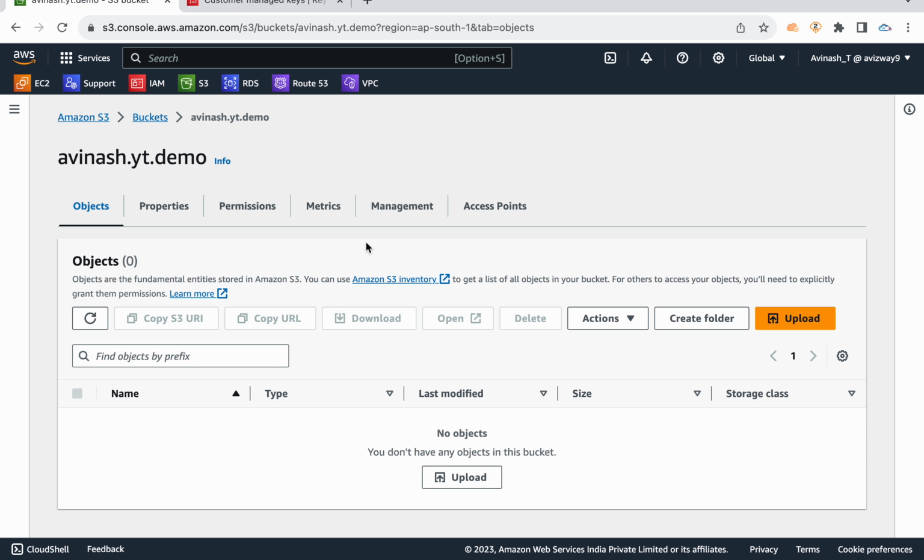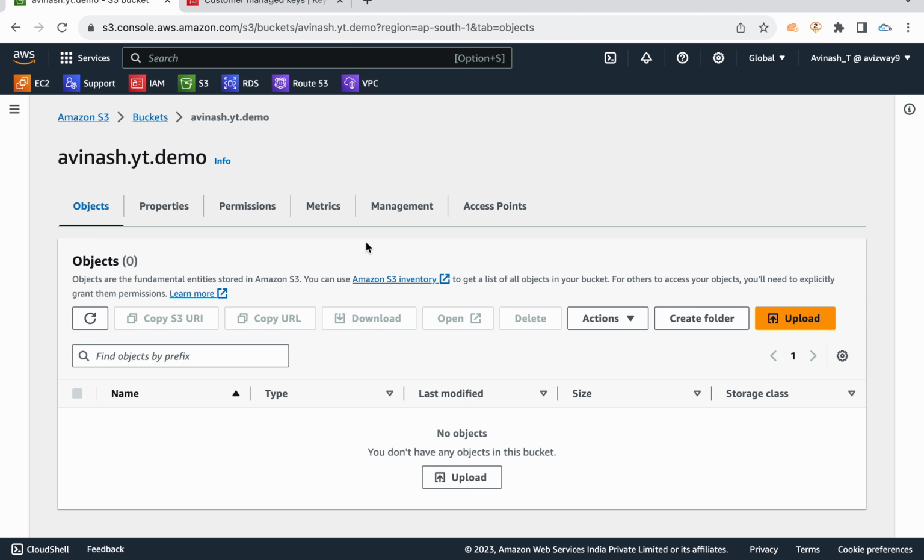Right. So again, this question you can expect in this manner: you have an S3 bucket, you have an IAM user, he has S3 full access, he is trying to access data from the S3 bucket, but he's not able to access it, it is giving a permission error. So what might be the reason? How are you going to fix the issue?